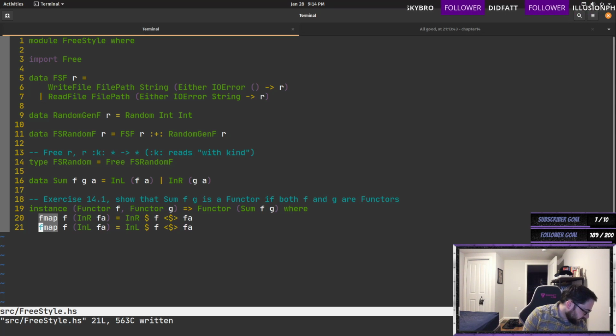Okay. The coproduct of functors provides the combination operation that we are looking for. The same construction works for free and freer monads, since in both cases we need to combine type constructors. Now if we were to define a computation that uses fs and random gen operations, we can assign it the type